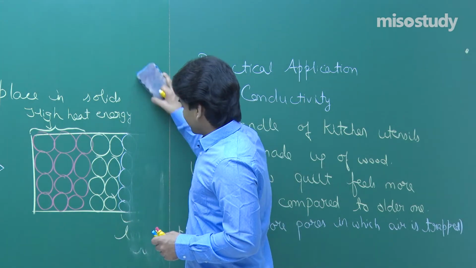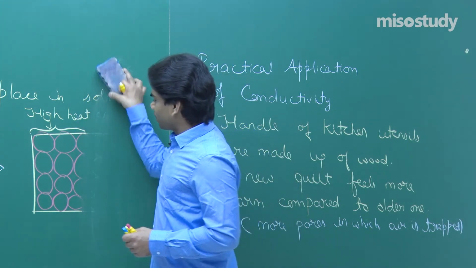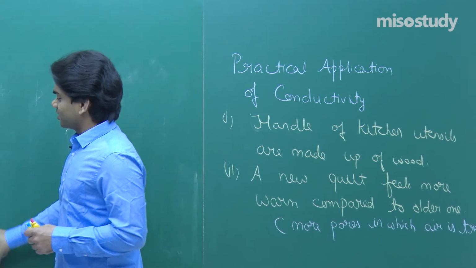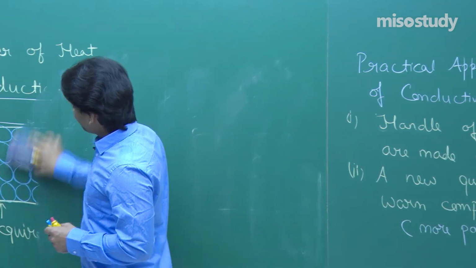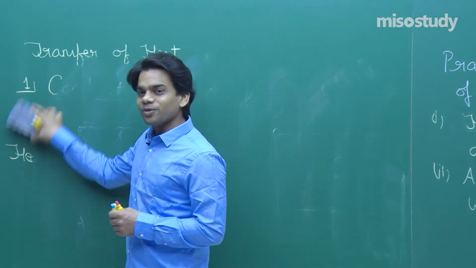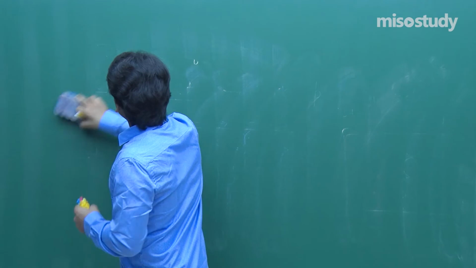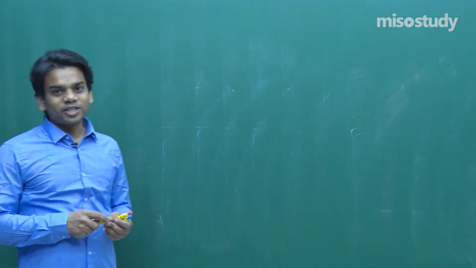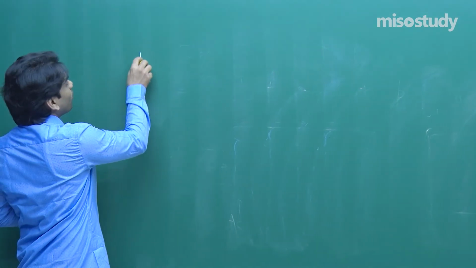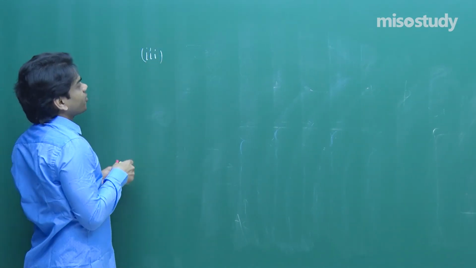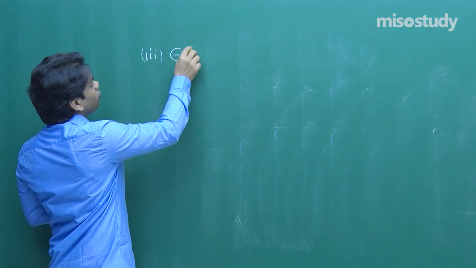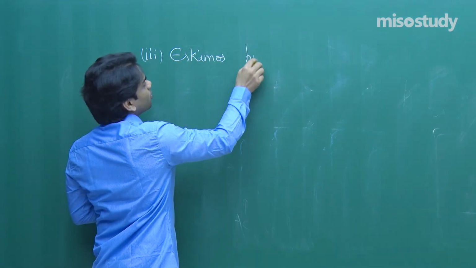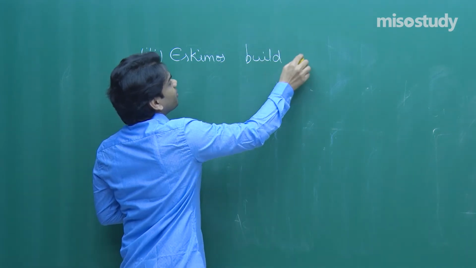There are more applications. See, Eskimos, when they build their houses, build them of bricks made up of ice. That is, they build their house using ice blocks. Now, they actually make a double wall. Why is that so? That's quite simple. Eskimos build double-walled houses